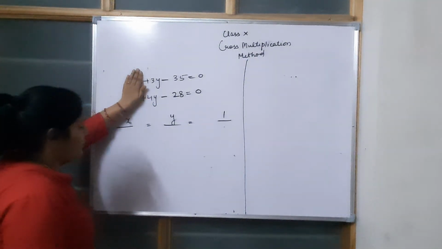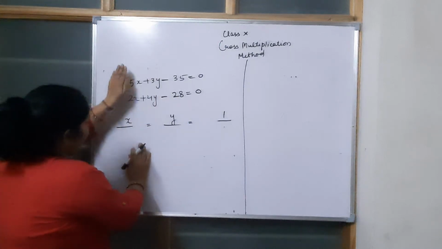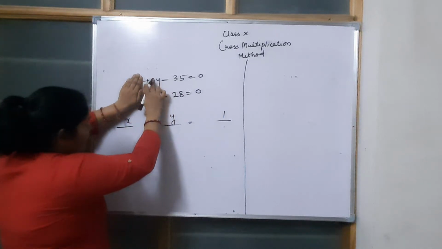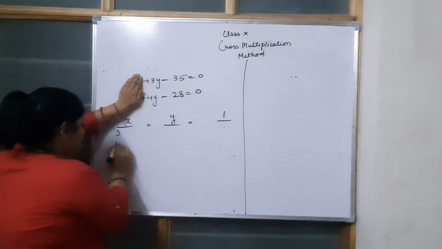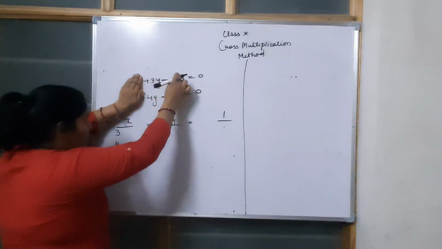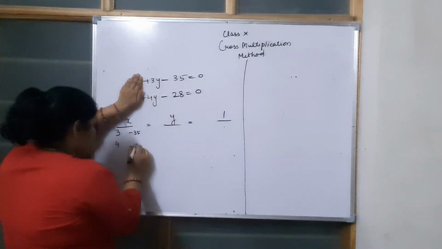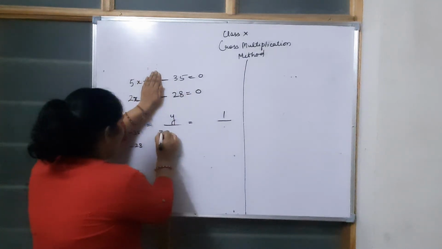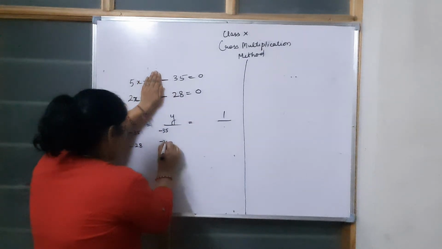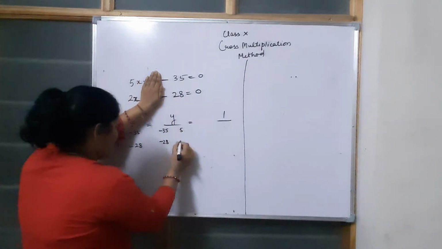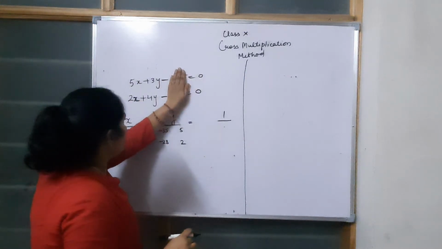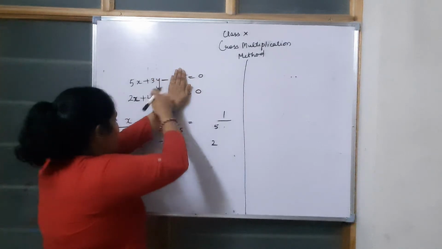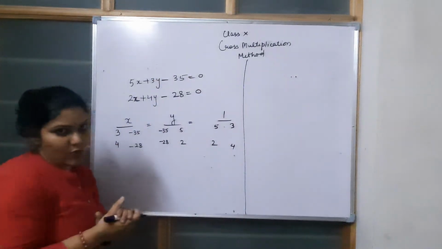Now x is here. Alright, so if we are talking about x, just hide it. Okay, so we are left with what? Look, we have to write the coefficients of y and of the constant term. So it's like this. You will write in grid form 3, 4 and minus 35, minus 28. Written. Now if I talk about y, leave y, what is written next to it? The coefficients of the constant term and of x: 5, 2. Alright, when the constant term comes, leave the constant term, you will get 5, 2, the coefficients of x, and 3, 4. I hope everybody is very clear with this.